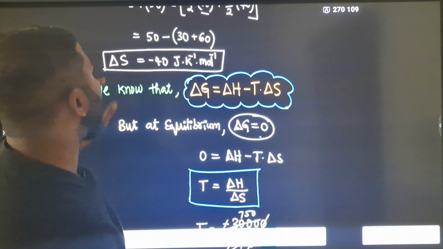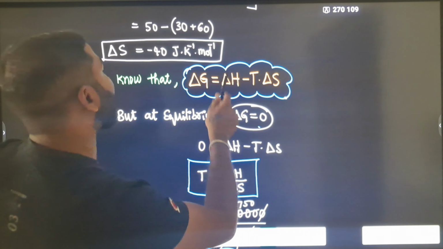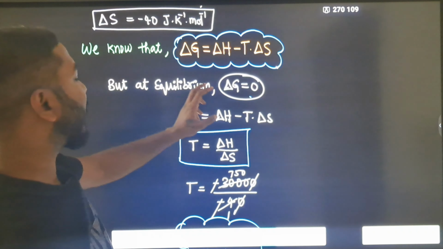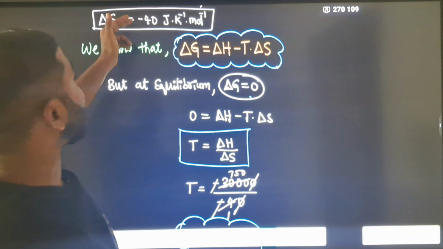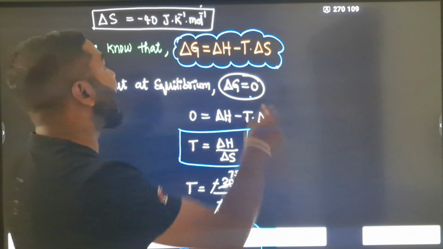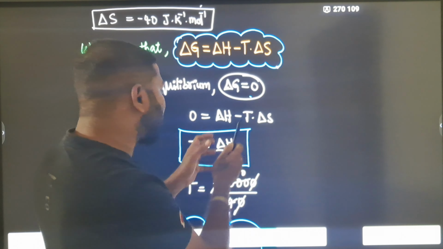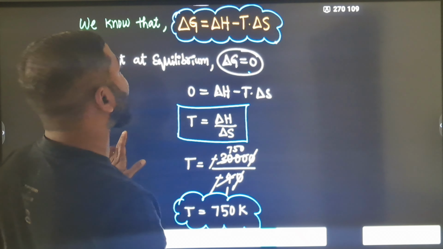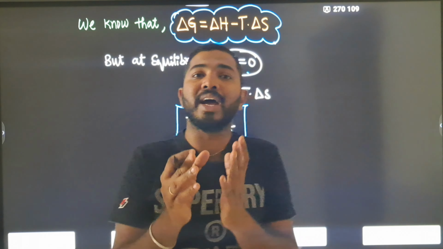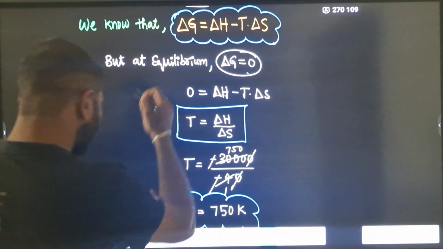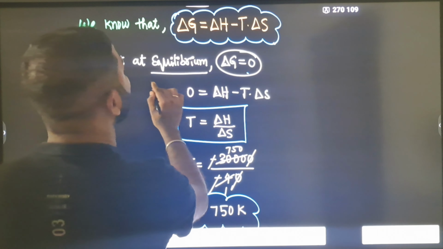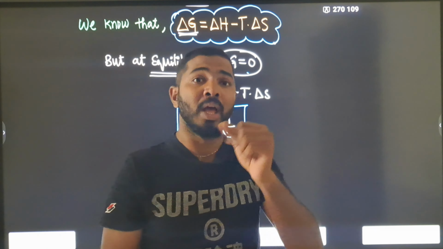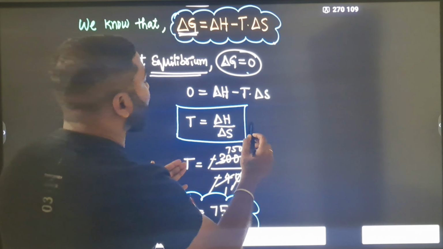The delta H value is directly given in the question, and we have got delta S through that equation. Next, we substitute these two values into the Gibbs free energy equation: delta G is equal to delta H minus T delta S. The condition given is at equilibrium, and at equilibrium the change in Gibbs free energy, delta G, is 0. By substituting that, we finally get